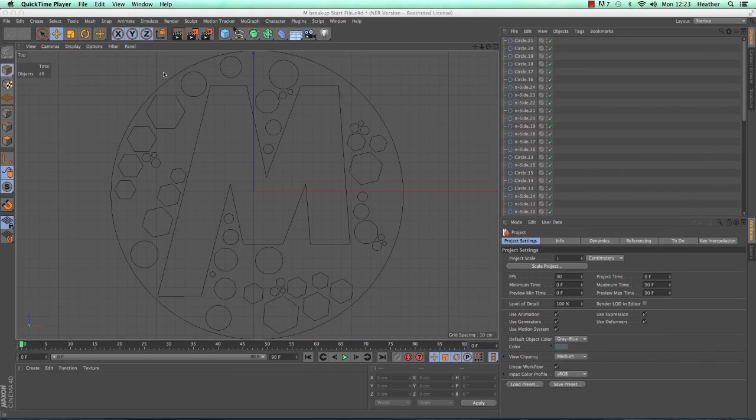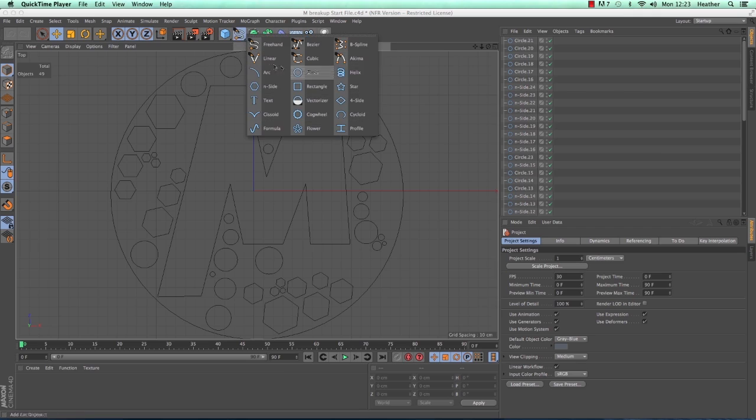So to set this up, what I needed to do was to create a mesh that I can then put into a fracture object. So to start that off, I created a series of splines like you can see here. Now most of these splines are just preset splines from the spline menu.